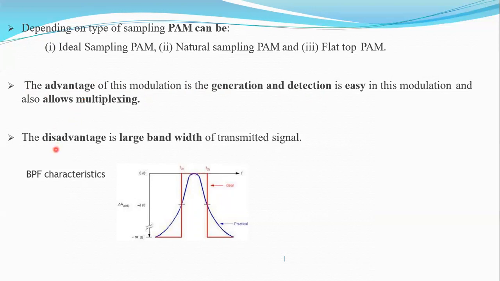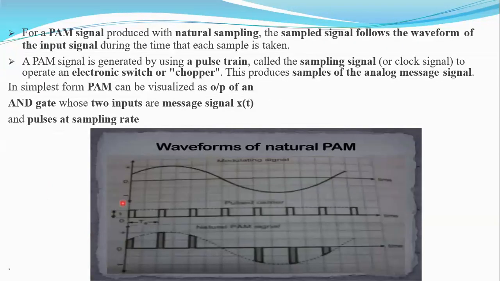And coming to the disadvantage of pulse amplitude modulation, we have a large bandwidth of the transmitted signal. So here we have band pass filter characteristics, which allow a fixed range of frequencies and remove all the other high frequencies. So this is the band pass filter characteristics. Coming to the next,